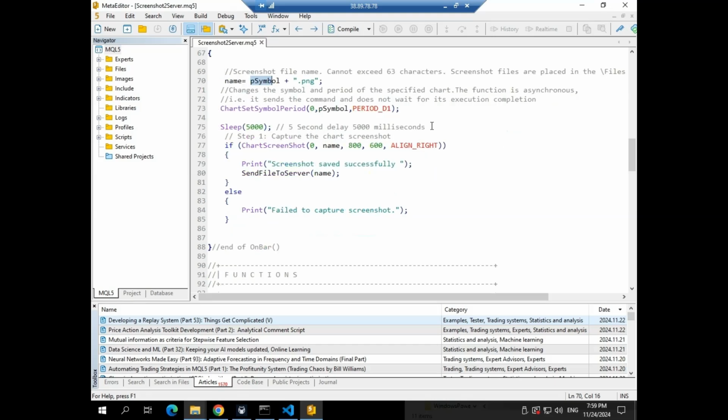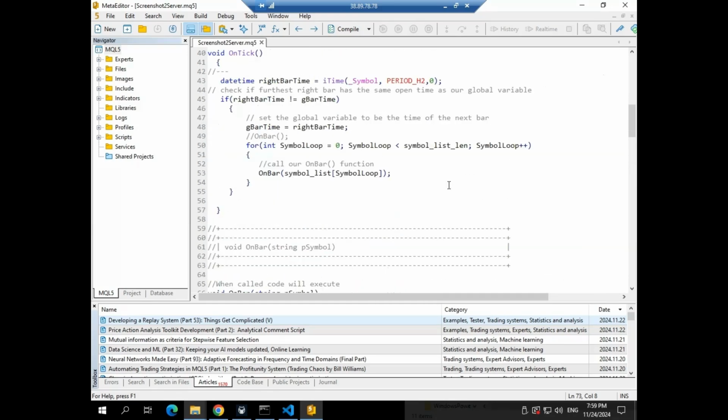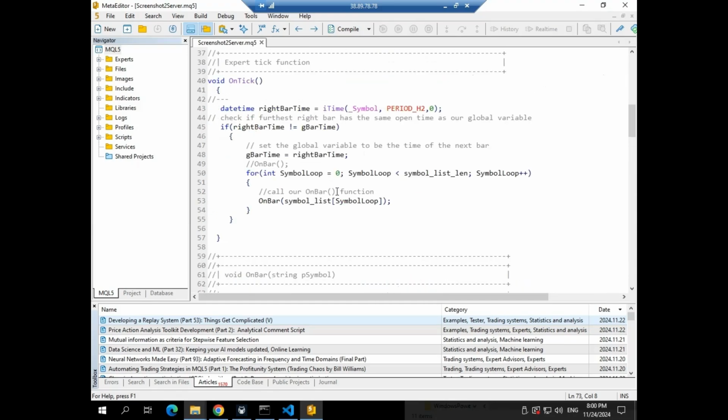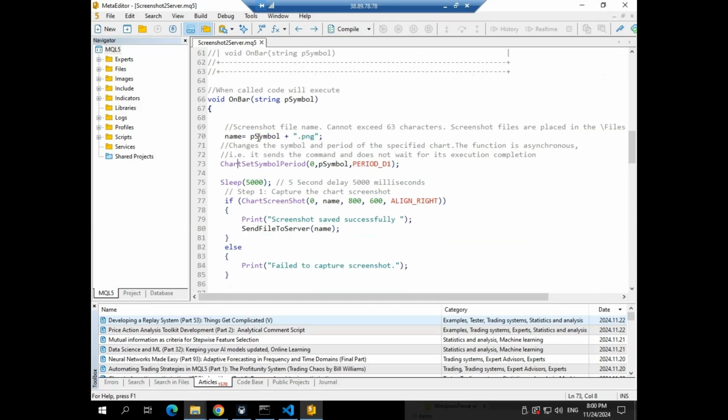And then you've got this function called ChartSetSymbolPeriod, and this is a function made by MetaTrader 5. What that does is it sets the symbol, the chart, and the period. So we want the symbol that we're passing through. The first one in the list is going to be Nvidia, so the first file is Nvidia.png. The first chart is going to be the current chart, Nvidia, and it's going to be the daily chart, so